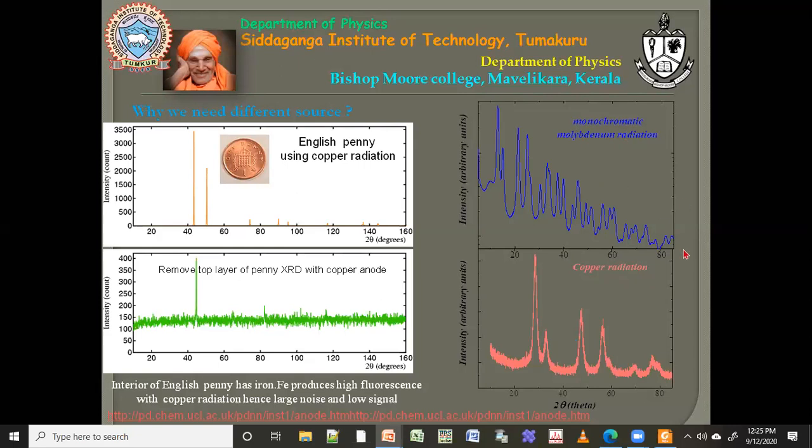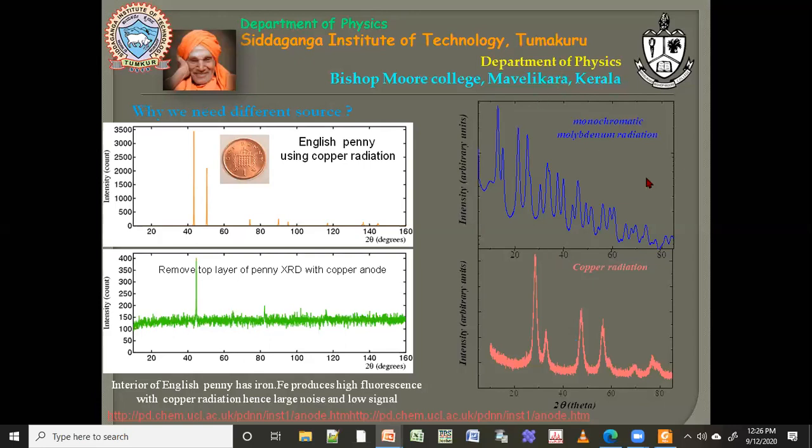In that case, how many peaks do I get? I get more peaks. So if I get more peaks, that means I can do fitting for these more peaks. If you take the X-ray Rietveld refinement, it is nothing but a least square fitting method. If I have more data points, I can get better fitting. That means I get good, reliable fitting. If I have fewer points, then what happens? The reliability will be less. Okay, so that is the reason.